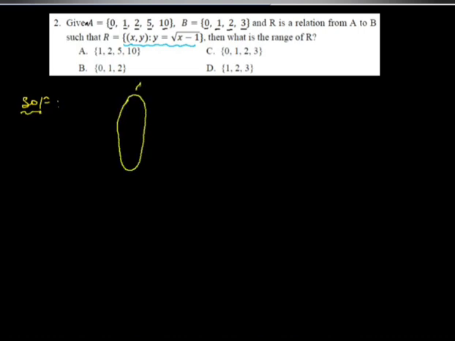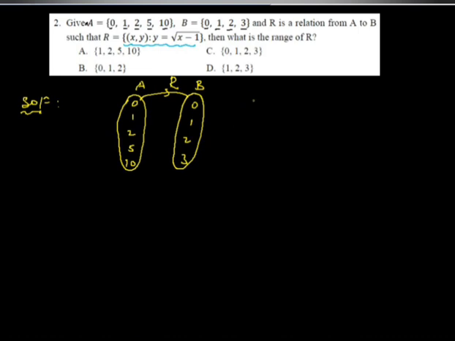Okay, set A ያችን ምን የያዘ ነው? 0, 1, 2, 5, 10 የያዘ ነው, and set B is a set with entries 0, 1, 2, 3. Okay, so relation from set A to set B ነው። Okay, this is our relation. So what is the range of R ነው የሚለው። Okay, የአርን ሬንጅ ለማወቅ የአርን ኦርደር ፔር ማወቅ ያስፈልጋል።